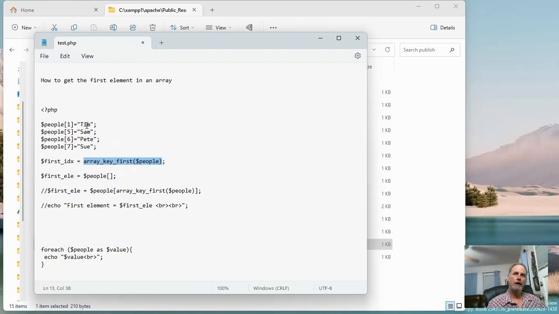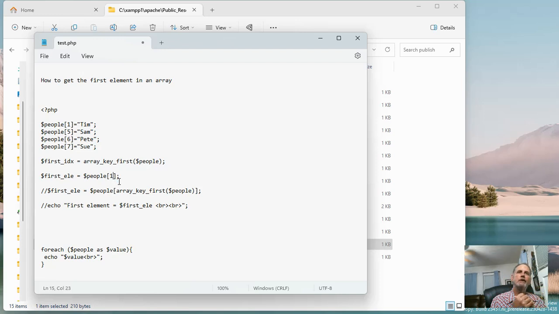If I don't put that in here, then I won't get anything. I could put people 0, 1, or whatever, but that is not the proper way,